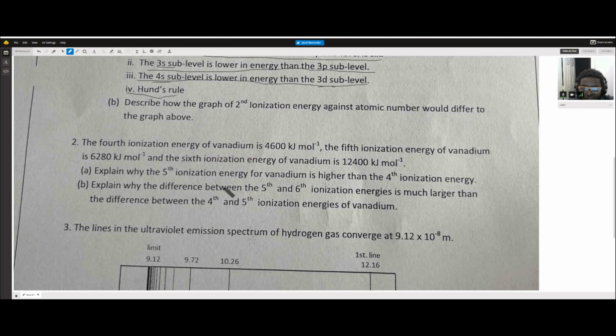The fourth ionization energy of vanadium is 4,600 kilojoules per mole. The fifth ionization energy is 6,280 kilojoules per mole. And the sixth is 12,400 kilojoules per mole. Why is this one higher than the fourth? Well, as you go across the periodic table, actually, no, as I said before,